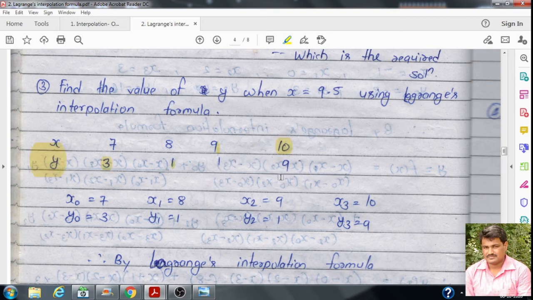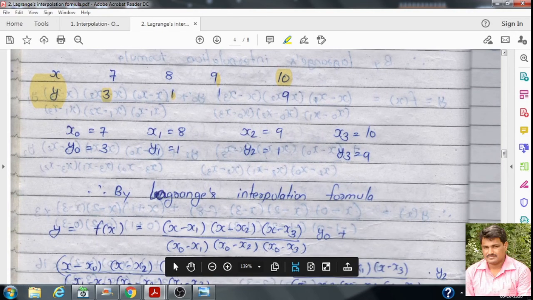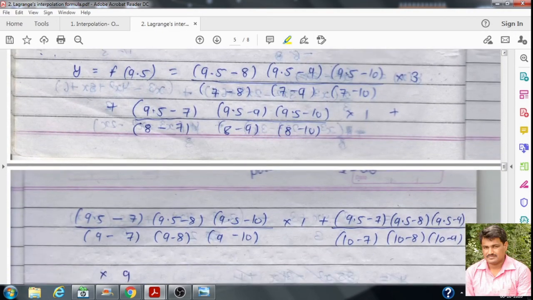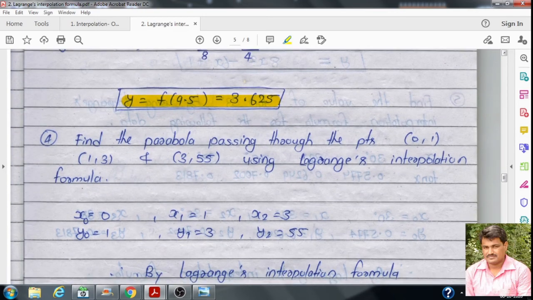If your value of y at x equal to 9.5 is outside 1 and 9, then your solution is not correct, something is wrong in your calculation. You go back, correct it and find the answer. That's why you remember this point is in between 9 and 10, hence your value of y should be in between 1 and 9. Okay, in this way we can find the value of y at any value of x. You take one problem for your practice, otherwise you see one more problem.